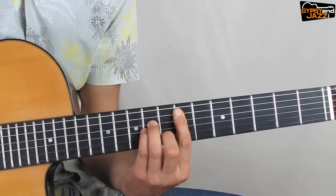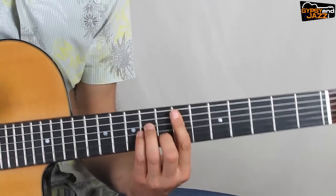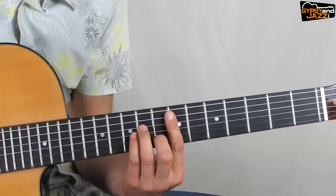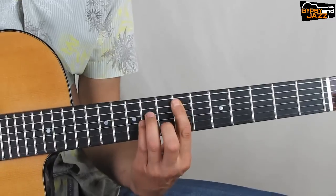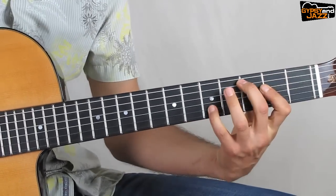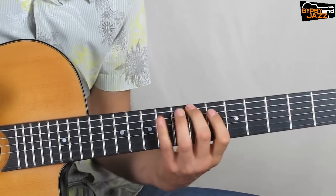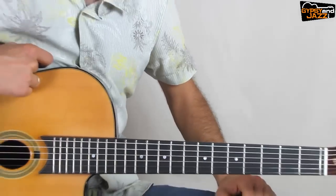Okay, so how is that compared to just playing the E minor and the A minor? It's a different world, and by just a few inversions you can create that sound. So you see that